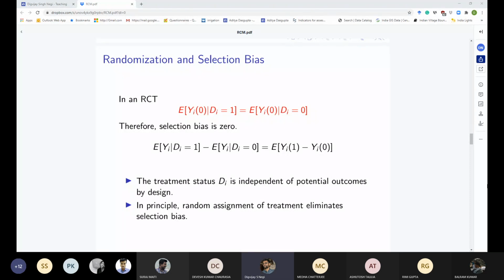So selection may be on observable factors, and selection may also be on unobservable factors which an econometrician, a statistician cannot observe. Selection on observables we can solve because we can control for those things, right? Selection on unobservables is unsolvable. We cannot do anything about it because we don't observe ability. So in that sense, the problem of selection bias always remains. Okay, coming back to ATT.